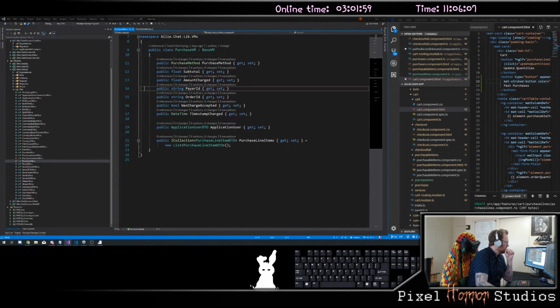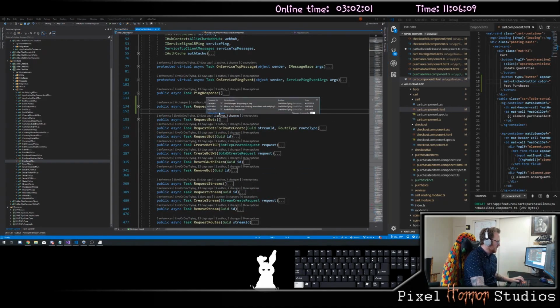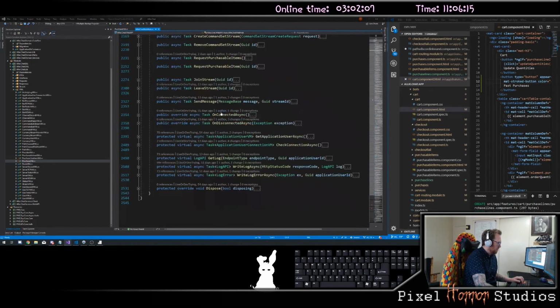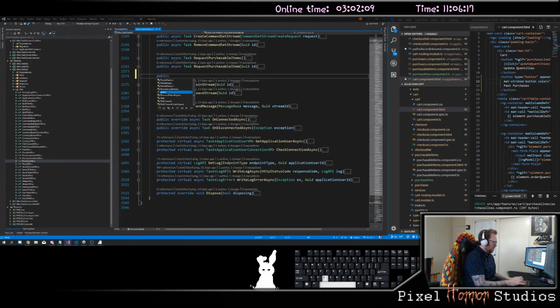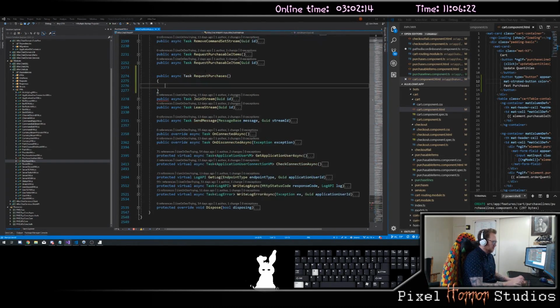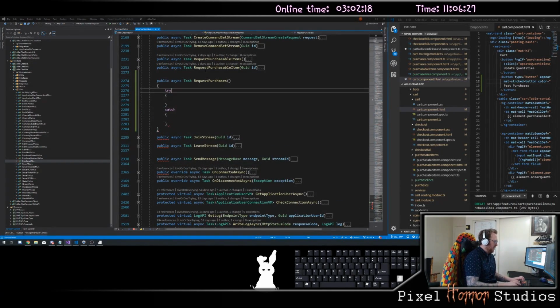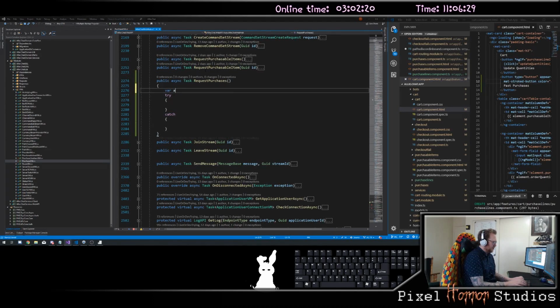On my web hub, I need to have one called public asynchronous task called request purchases. And we'll do a try and a catch here. And I need to get my var application user equals await get application user async, and then I want to